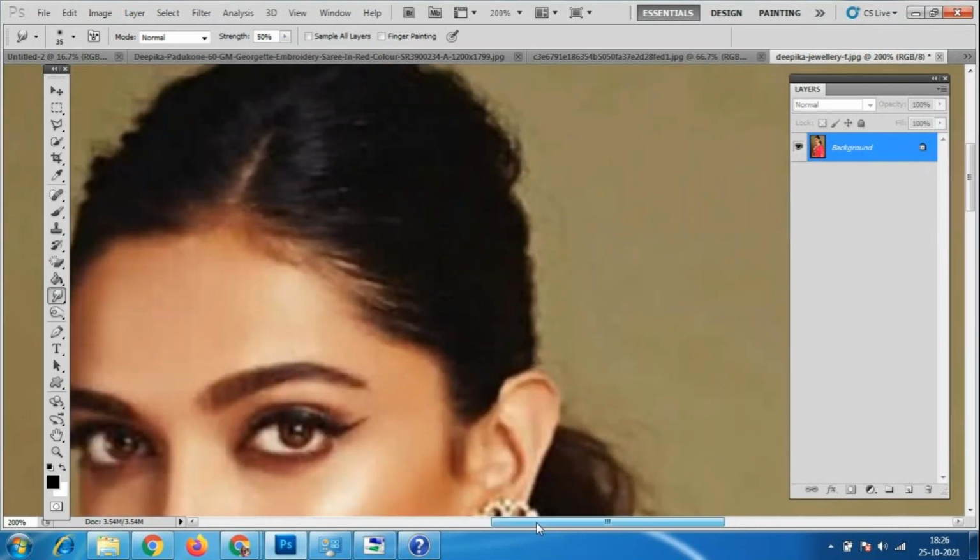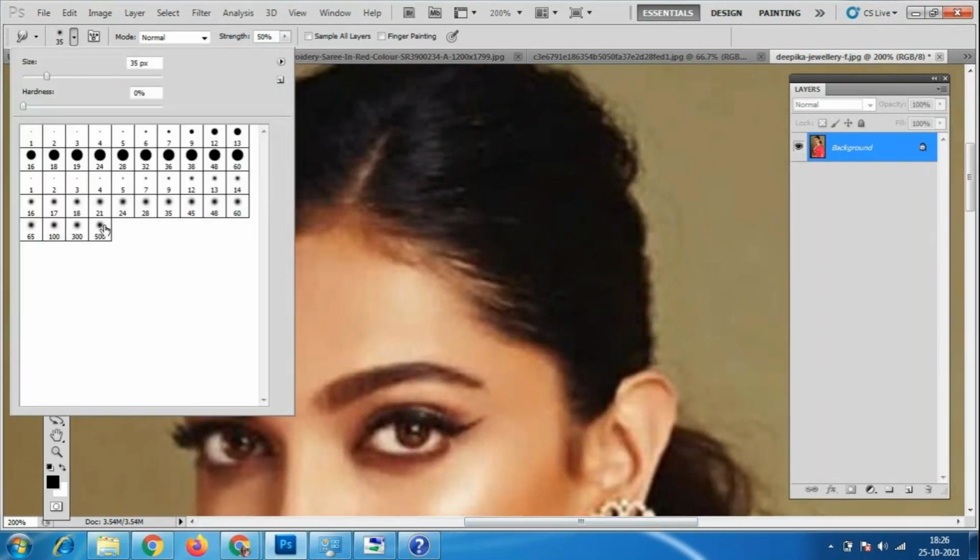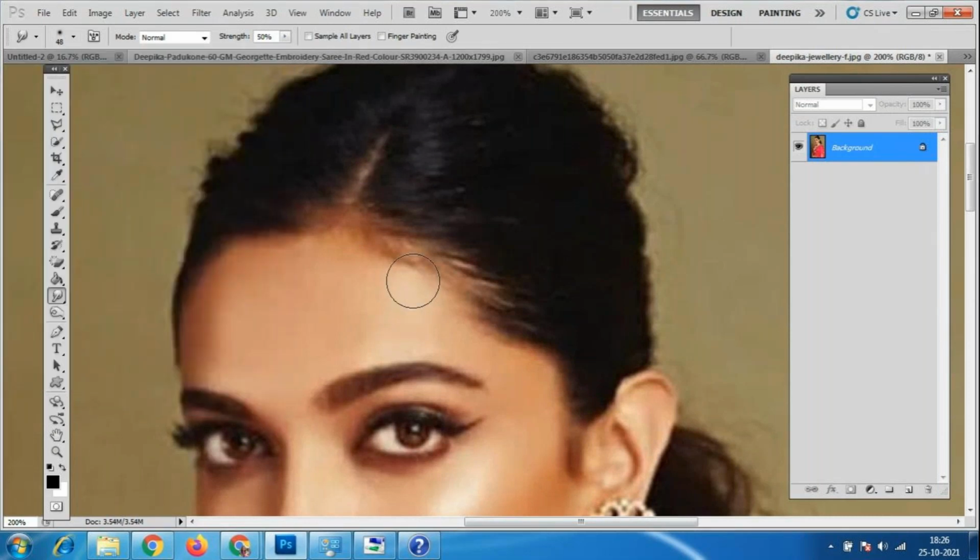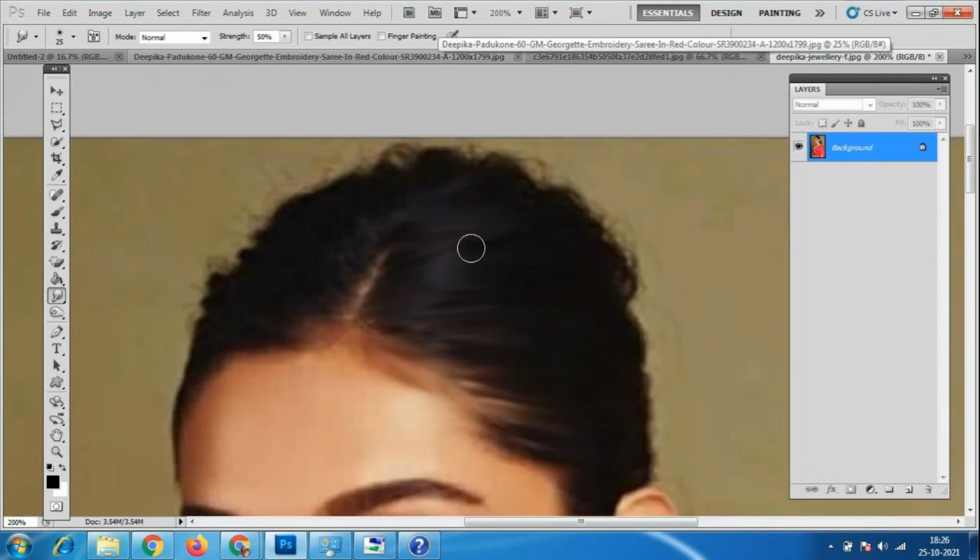So I'll just take the brushes. So we already have this kind of brushes are there. So any of the brushes we can take it, and using this, the tool will work like this. So which is the painting kind of effects we want to make it. So make it little smudge, don't spoil the image. So the natural image is there, that we have to make it as a painting kind of effects. So little bit smudge things we have to use it, and later we can use the effects for this.